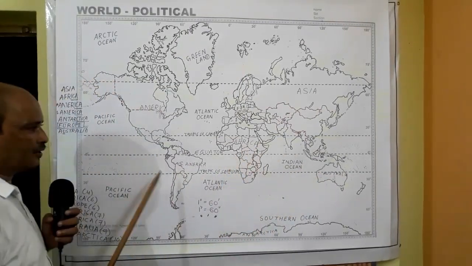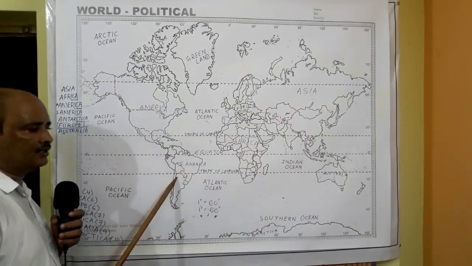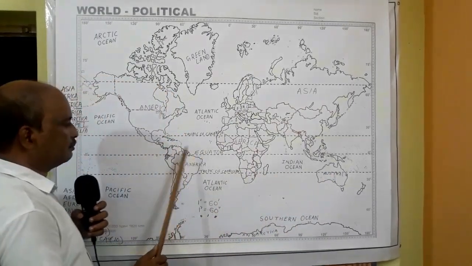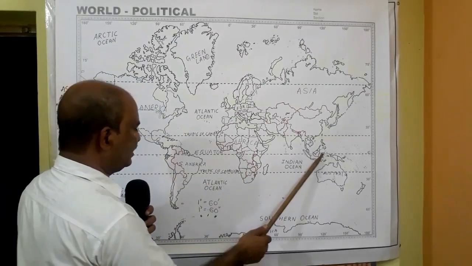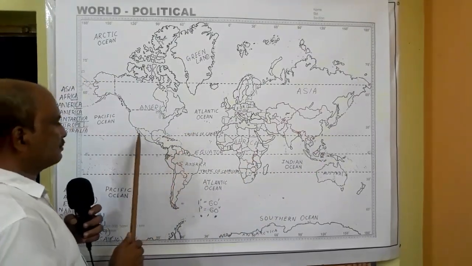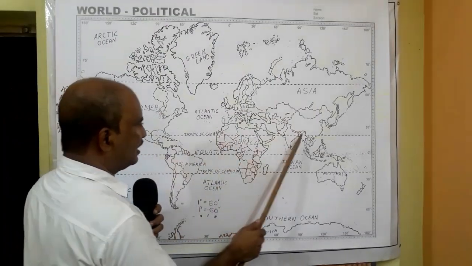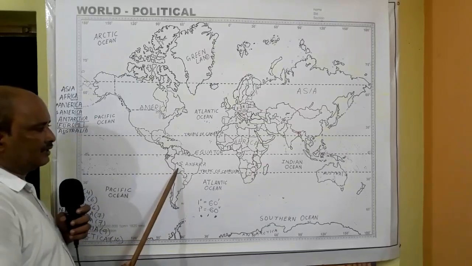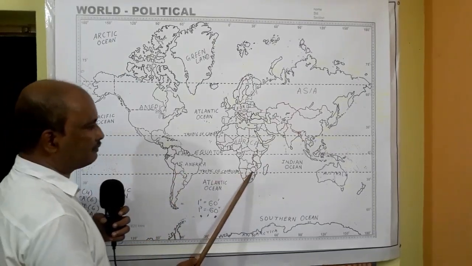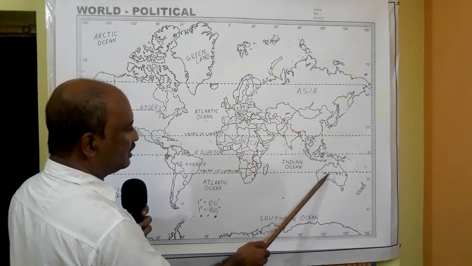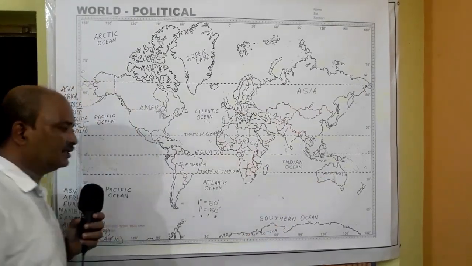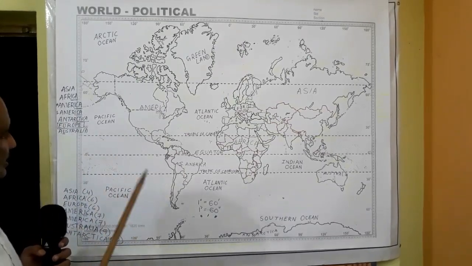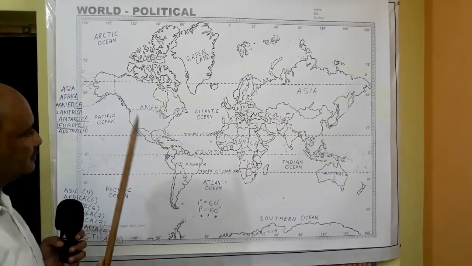So here also, how many continents? South America, then Africa, then Australia. So the equator passes through South America, Africa, Asia. The Tropic of Cancer passes through North America, Africa and Asia. And the Tropic of Capricorn passes, like the equator, through South America and Africa, but instead of Asia it is Australia. Okay. So now 3 continents. These are the prominent ones we have discussed.